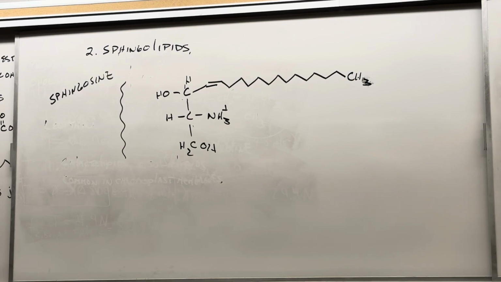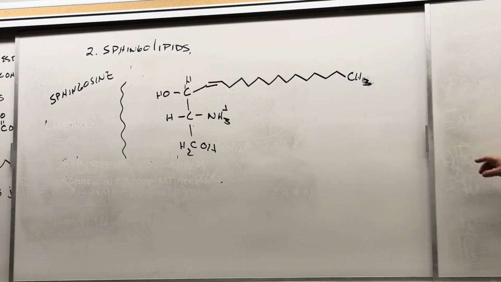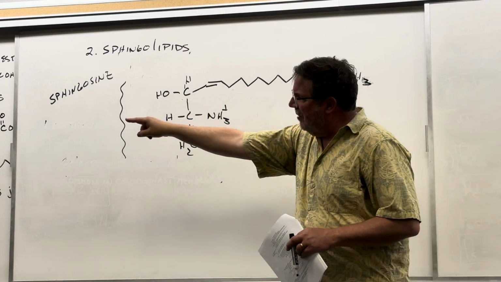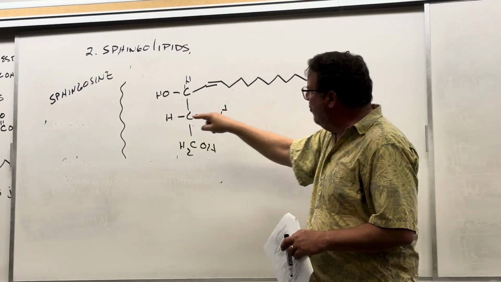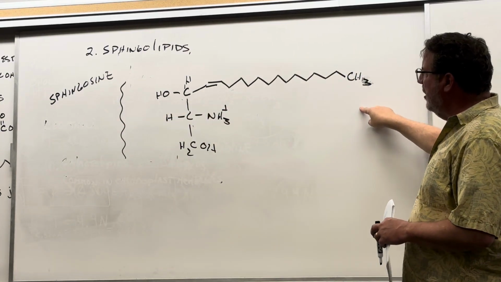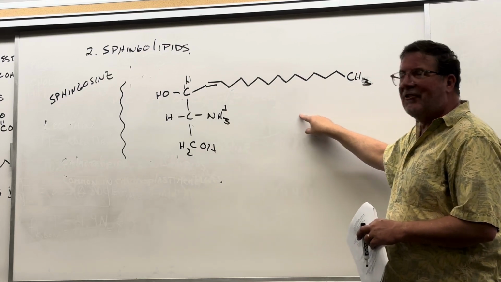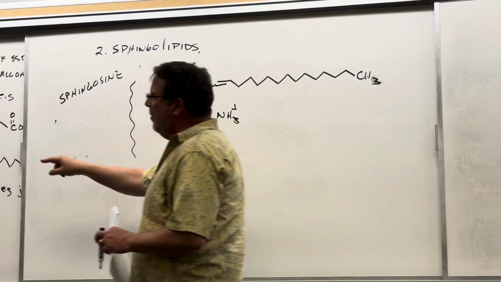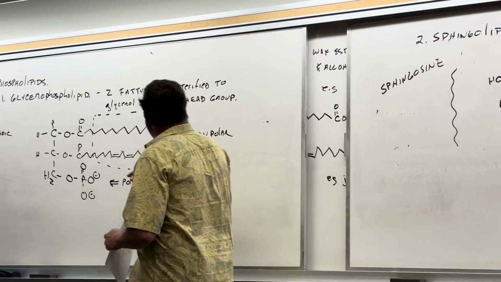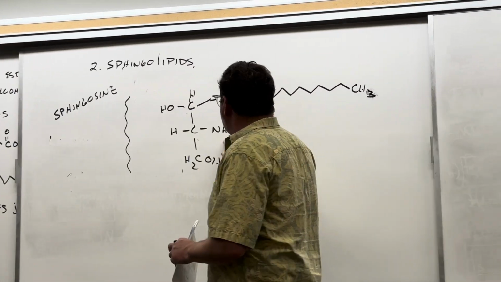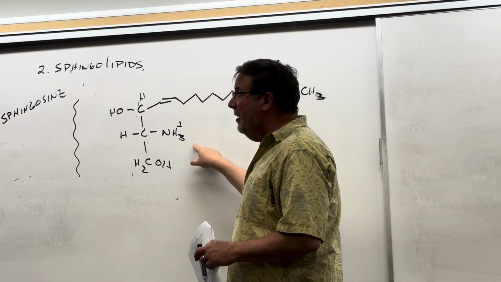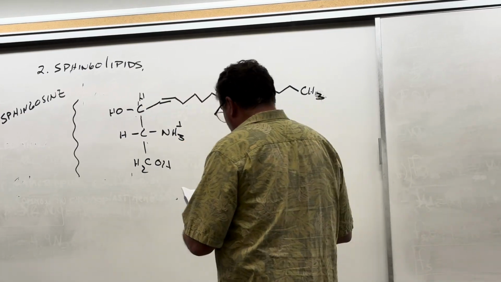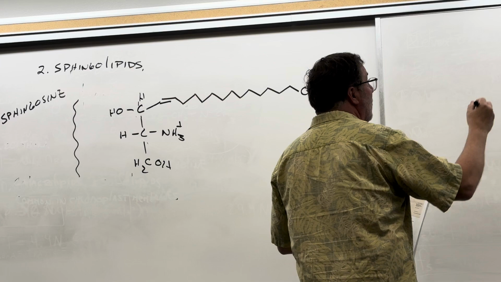All right, now what we're going to do to get another similarity to this is we need a second chain here. So we're going to put a fatty acid at this position, except instead of making an ester like we did over here with the glycerol backbone, we have this nitrogen here. And so we're going to make an amide linkage to a fatty acid at that point. So we're going to end up with